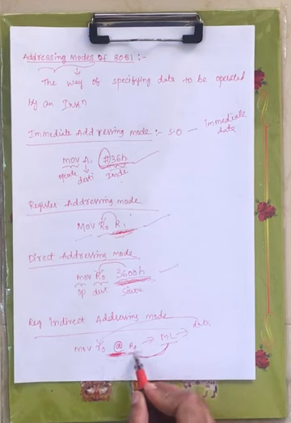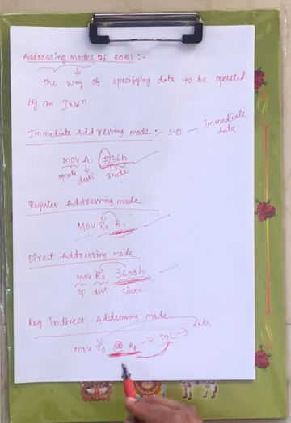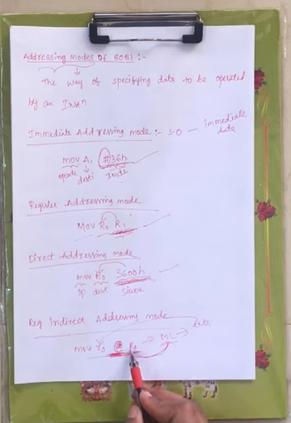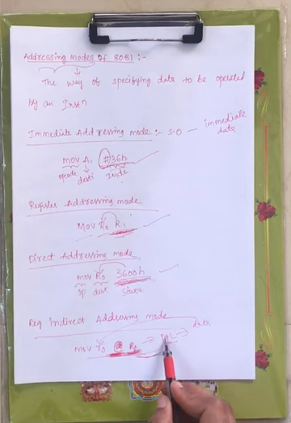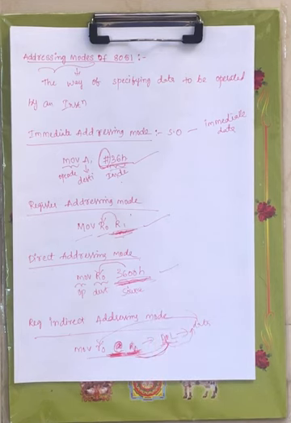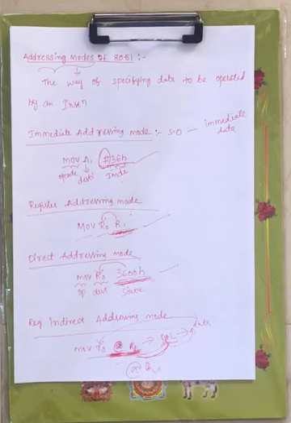Now the addressing mode in which you are pointing the memory location with a register pair, right? A register pair is under your 8085 processor. Now here if you see this instruction, MOV R0, @R1, this R1 will point to some memory location. Now that will contain some data, and that data is moved to your R0. Indirectly you are pointing the memory location using @R1. Now this is about register indirect addressing mode.